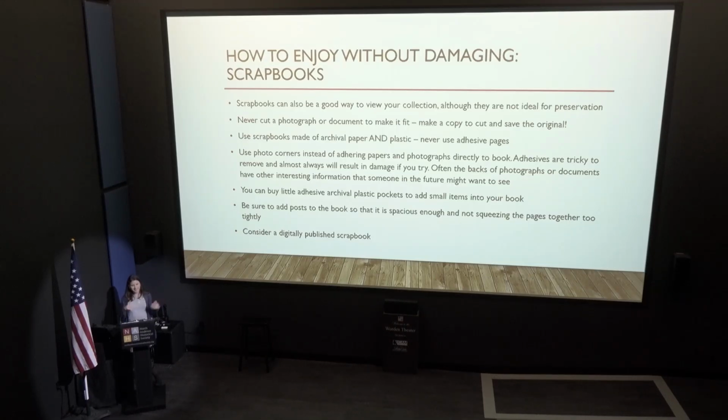And whoever did that decided what was on the front was really, really important. But personally, I like people's random doodles and notes that they make on the back that are not important, but it's my favorite part because you kind of just see the person being a person and not like a town clerk. So I think it's neat to be able to preserve the backs and things that were recorded by history